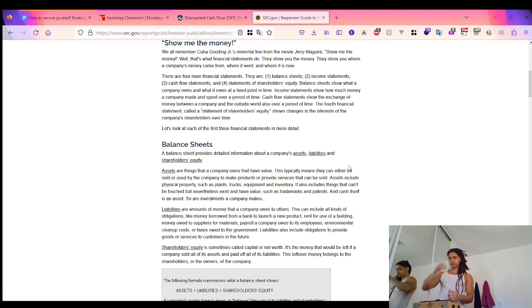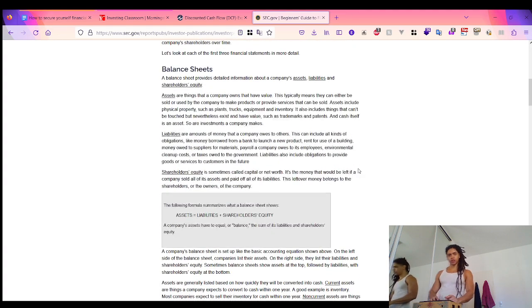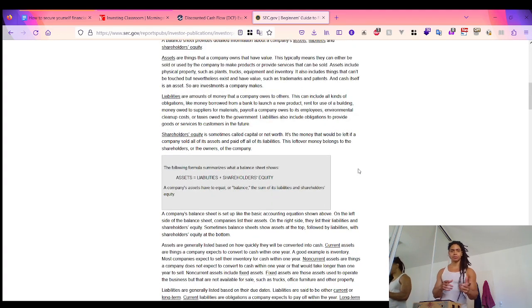So the leftover money belongs to the shareholders or owners of the company. Shareholders' equity is also called net worth or capital. The formula I explained earlier, assets equal liabilities plus shareholders' equity, is what is used on the balance sheet, and you might find them